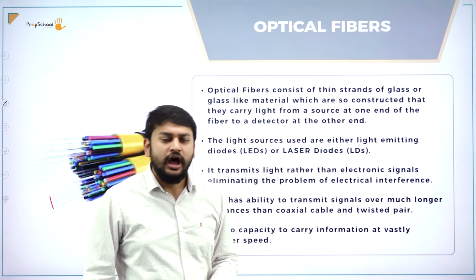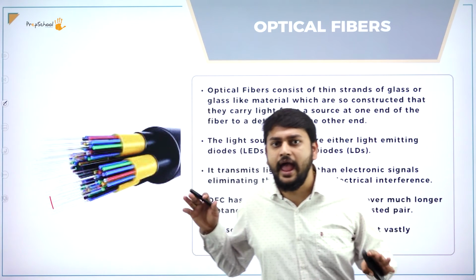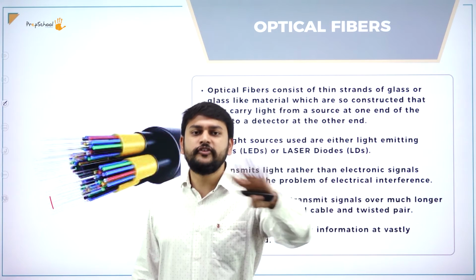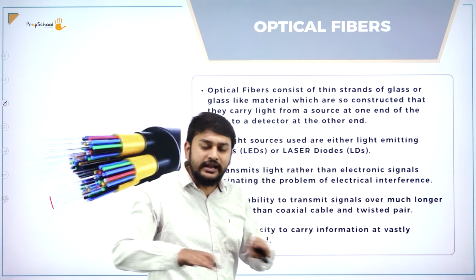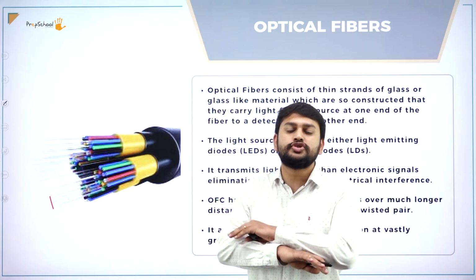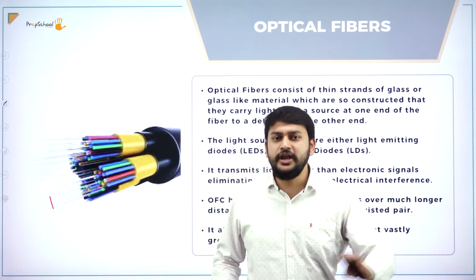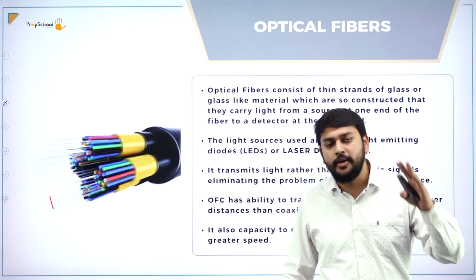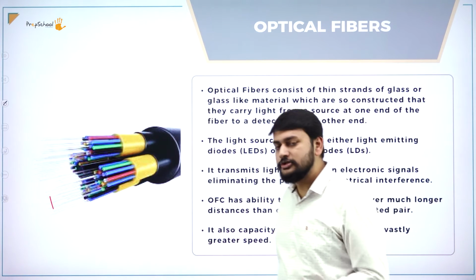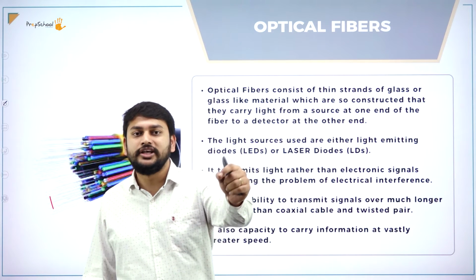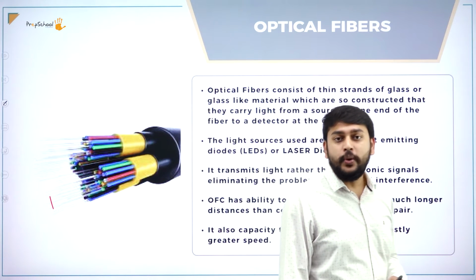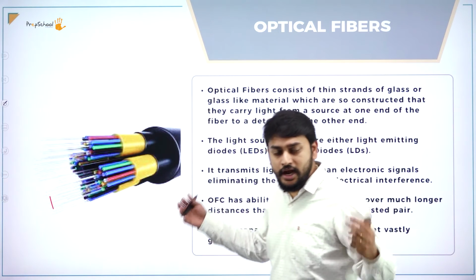But when I'm using this, I will not have the drawbacks I had when I was using the coaxial cable. Believe me, all the interference problems I had are eradicated with the concept of fiber optics. With fiber optics there is no interference at all, and the speed I am getting is the maximum compared to the other two cables I had, coaxial cable as well as twisted pair cable. You can expect up to 20 Mbps, or even more than that.